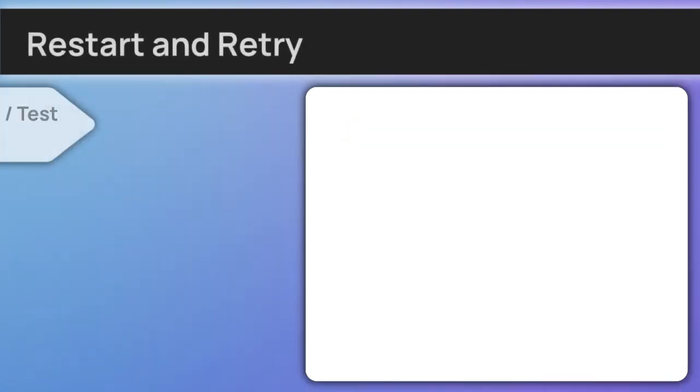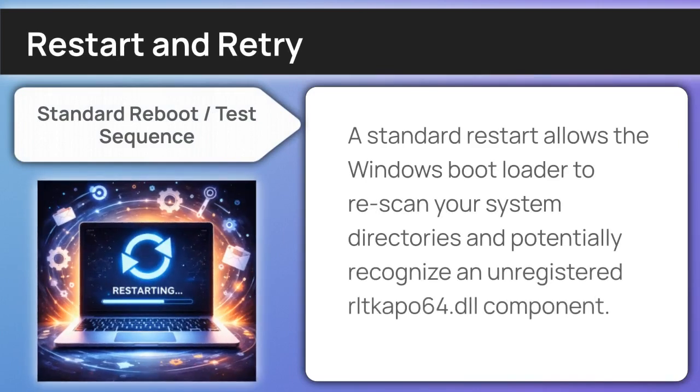A full system restart clears the temporary memory cache and allows Windows to attempt a fresh initialization of all required libraries, including